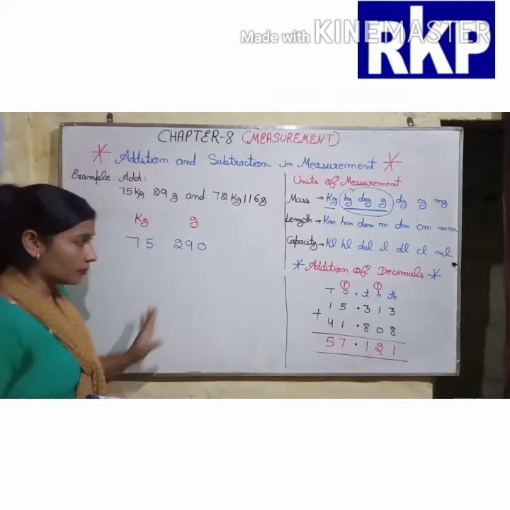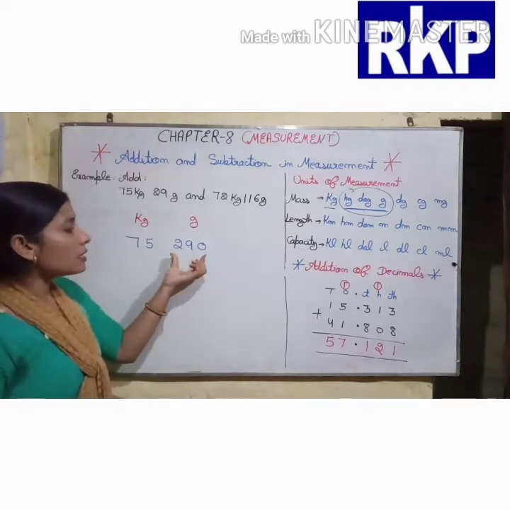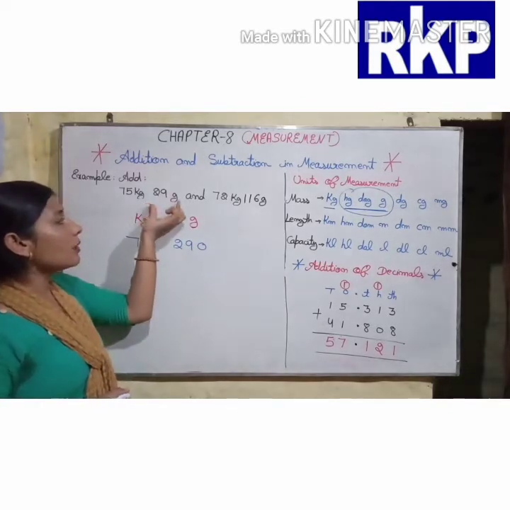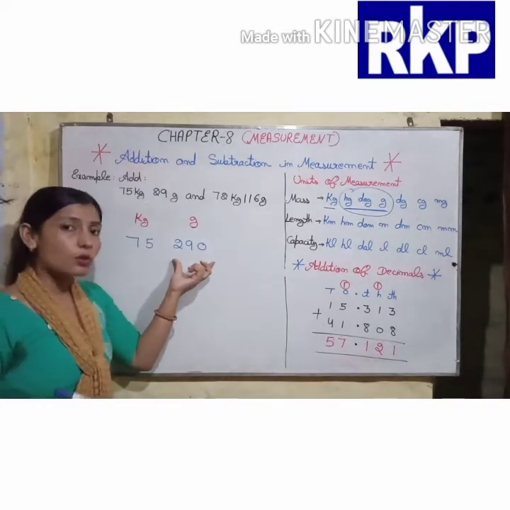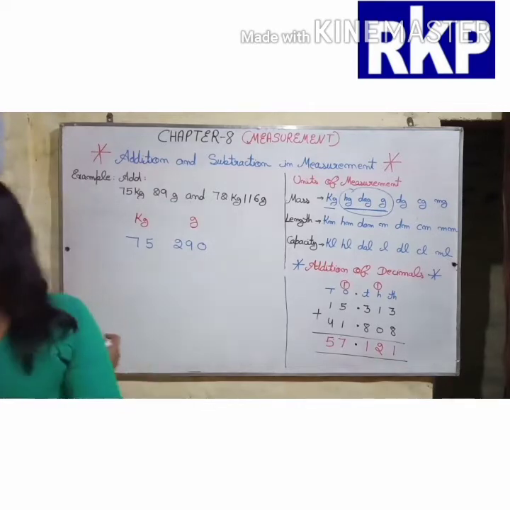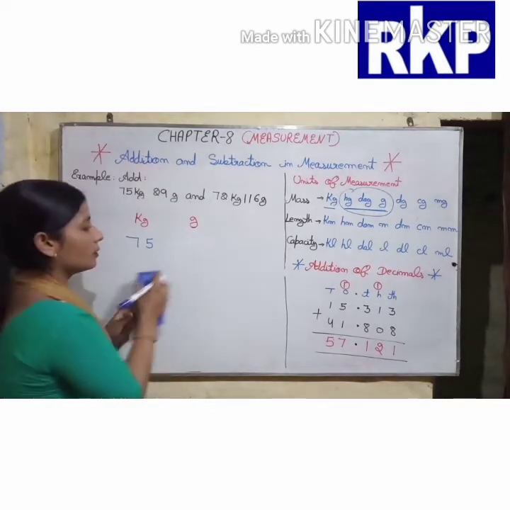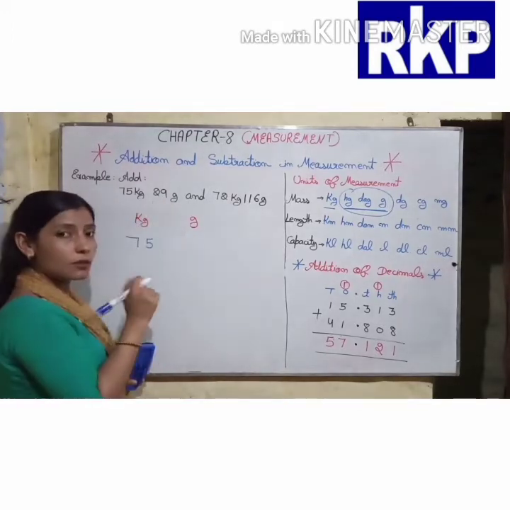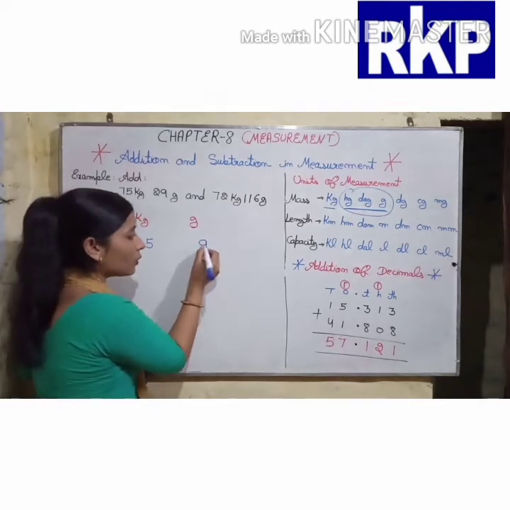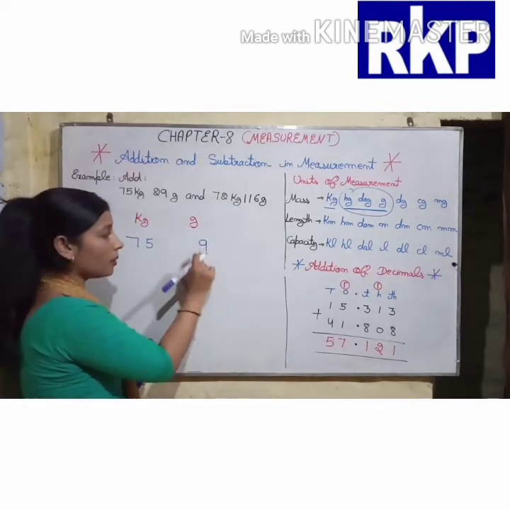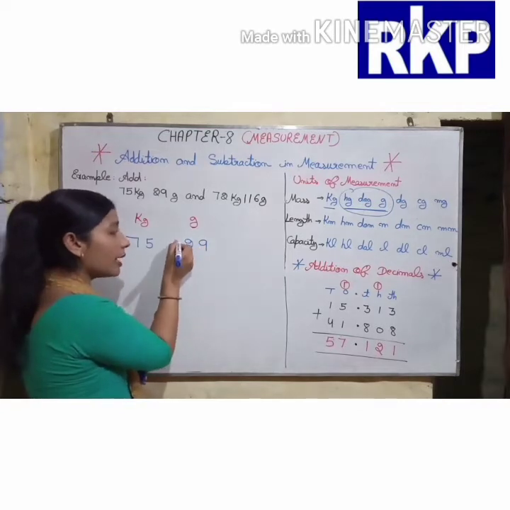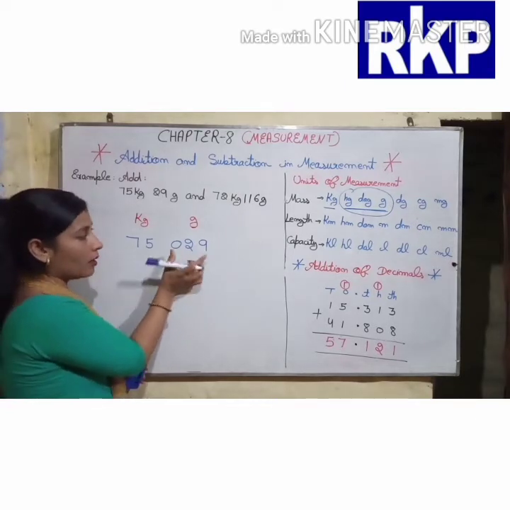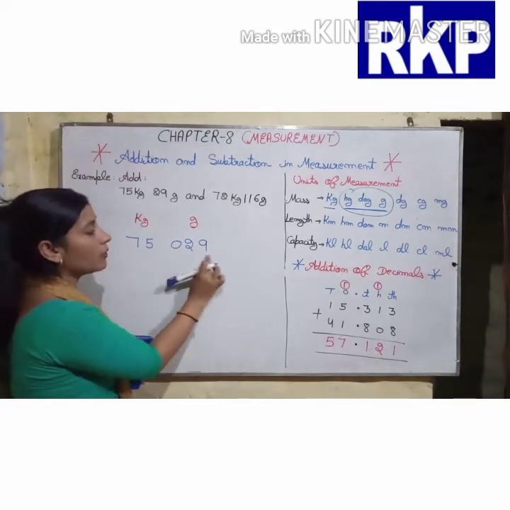Like this, 290. 290 means 290 grams. But we need to write only 29 beta. So it's wrong. So how can we write 29? Here we need to write three digits. But we write 29. So how can we write? We have to write 9 here. Then 2 and then we write 0. Now we can read it as only 29.